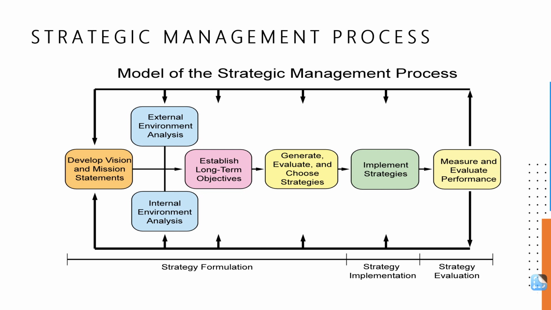Then we are going to see what is strategic management process. Fred David developed a model of strategic management process which comprises 3 steps. First one is strategy formulation, then strategy implementation and strategy evaluation. Within strategy formulation, we have several steps: develop vision and mission statement, environmental analysis, which is our core concept we are going to focus on today, then